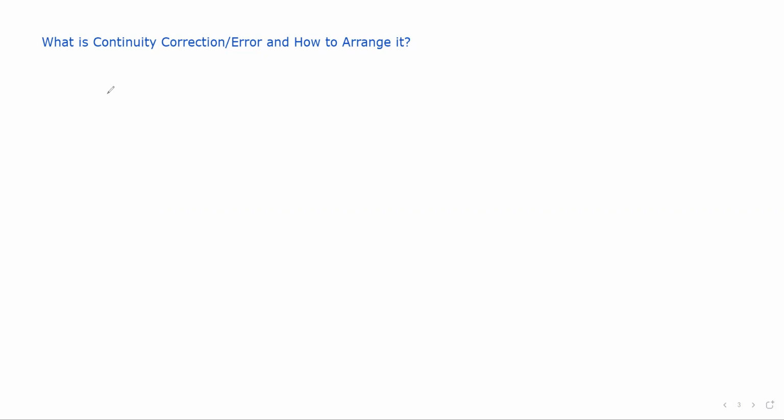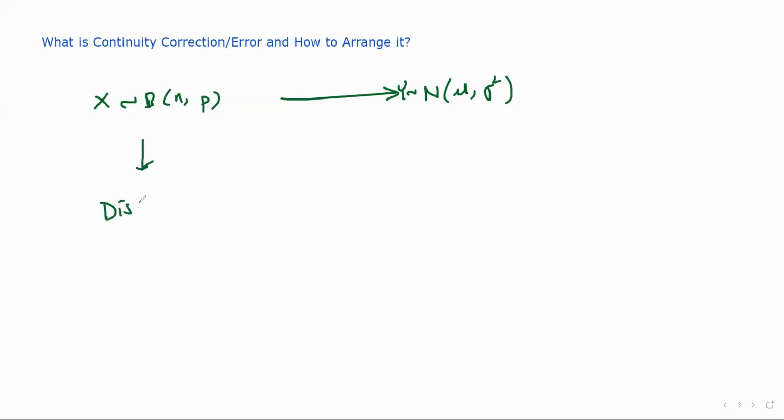when you are moving from a binomial distribution with the parameters n and p to a normal distribution with the parameters, let me write this y, the normal distribution, this mu and variance. So one major difference between these two distributions is that this deals only with the discrete data, okay? And this only deals with the continuous data, okay? So